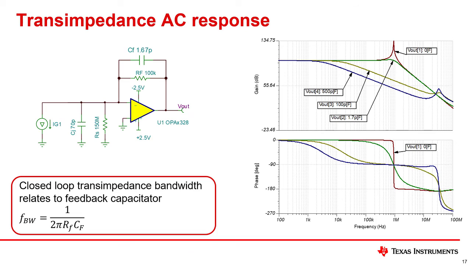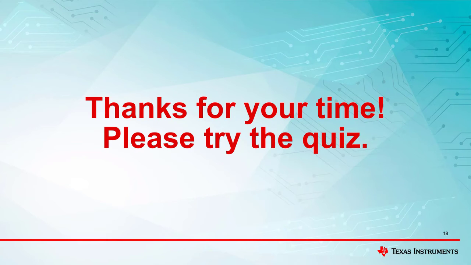Here we look at the transimpedance AC transfer characteristic of different feedback capacitors. The first case shows the feedback set to 0 farads. This case is unstable and has significant peaking. The other cases are all stable, and depending on the capacitance used, the bandwidth is different. The case where the feedback is set to 1.7 picofarads corresponds to the maximum bandwidth and minimum feedback capacitance allowed for a stable circuit. You can see that the transimpedance amplifier is just a specific example that follows the rules described earlier. That concludes this video.